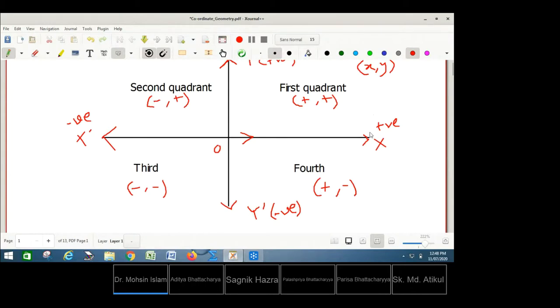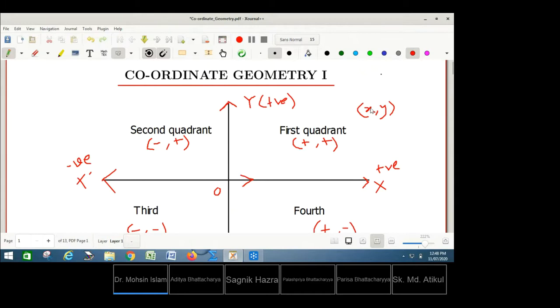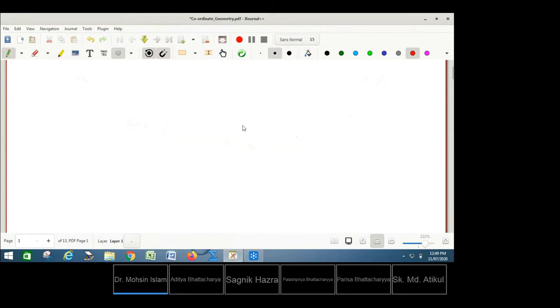So always your first number corresponds to the x axis, the x coordinate, and the second corresponds to the y coordinate. We say abscissa for the first coordinate. X axis points are called abscissa and y axis points are called ordinates. Once again, the first component, the x coordinate, is called abscissa, and the second component, belonging to the y coordinate, is called ordinate. Abscissa and ordinate, right?